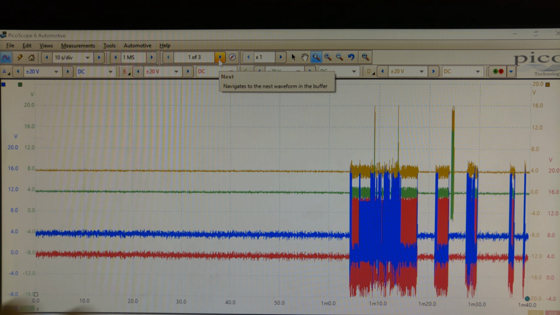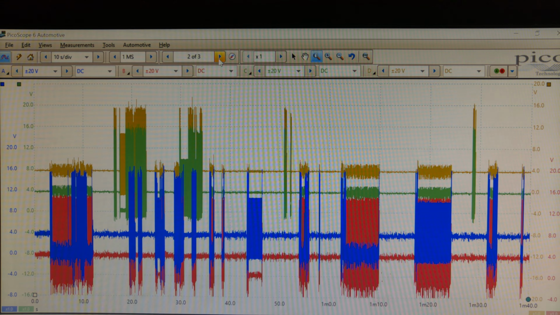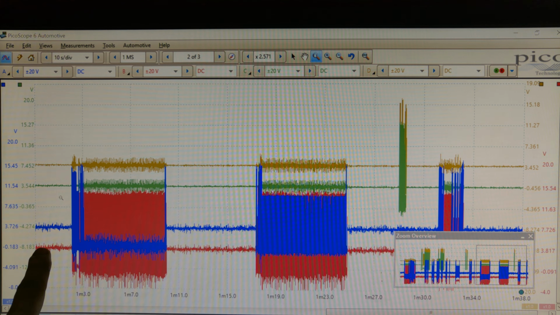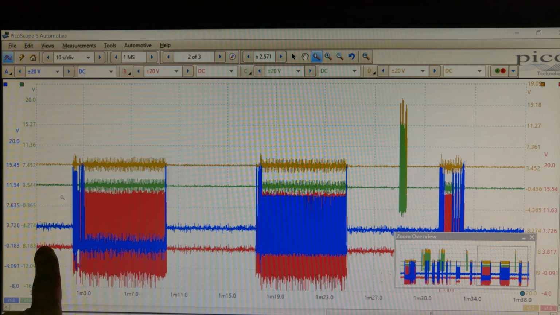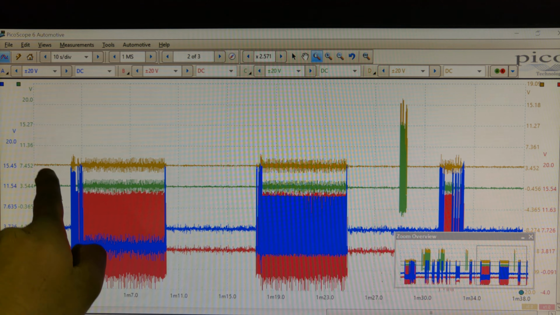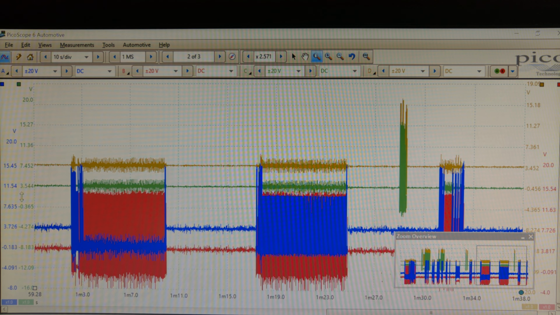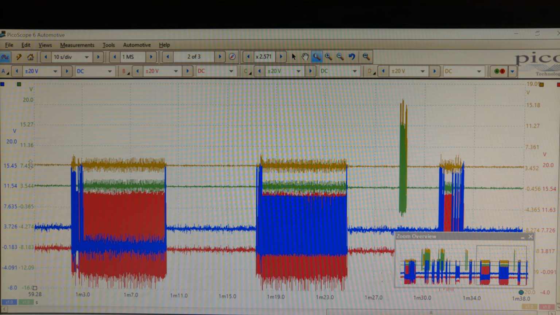So I did a lot of gear changes here, so it looks a bit messy, but I'll try to explain to you as much as I can. So let's ignore this whole thing at the front. Let's start here. Let's go from here to probably there, and we'll see what's going on. So here I'm at park. See, all the 4 lines are on 4 volts,